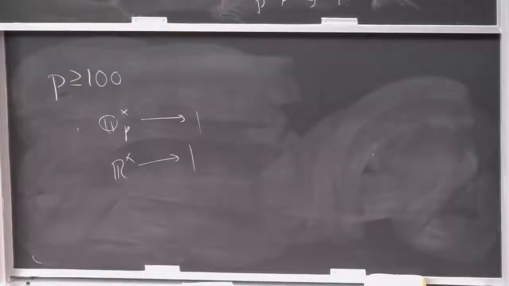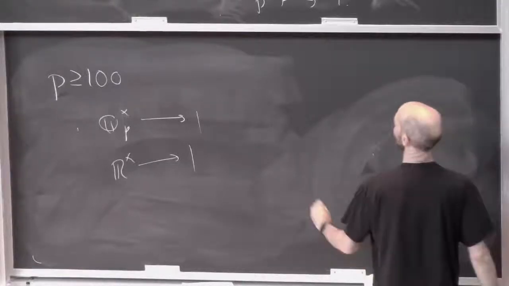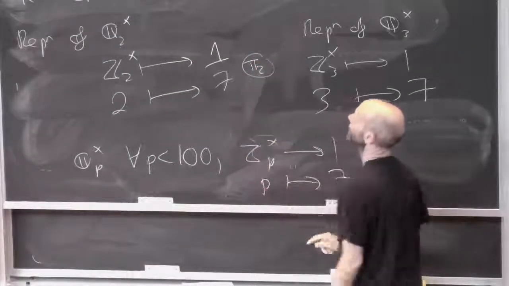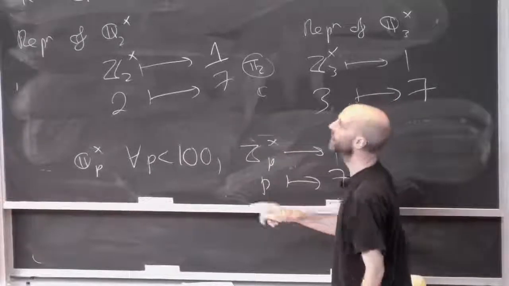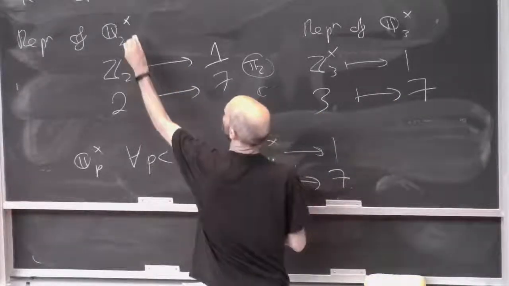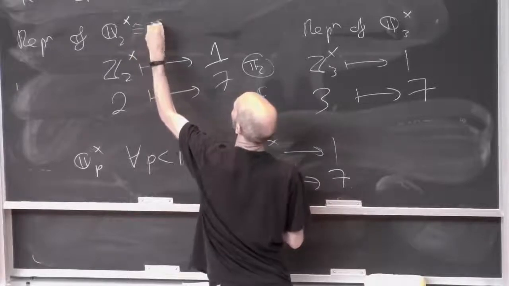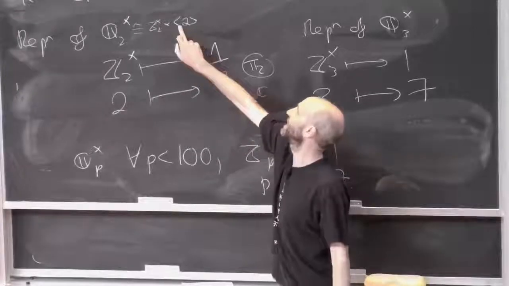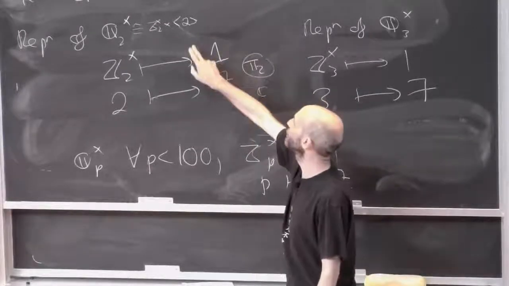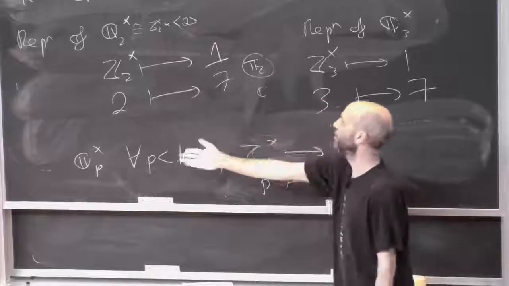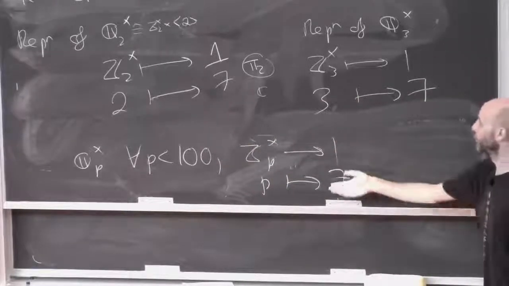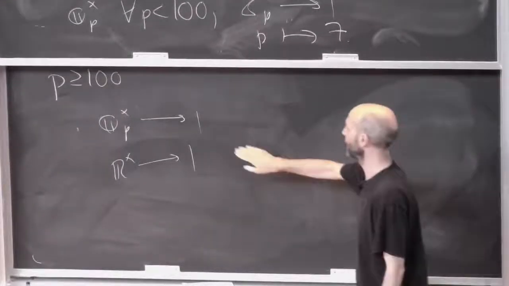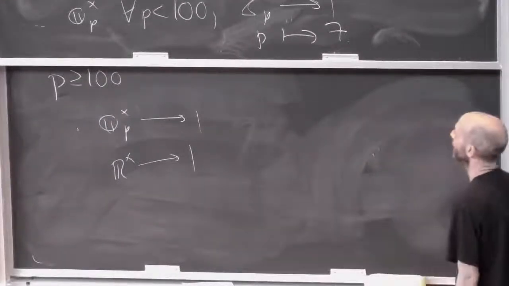It's fabulous. And indeed, lo and behold, we've got a representation. So you see, that representation of Q_2 star, we could call it pi_2, right? So it's the complex numbers, and this group is acting on it. Remember, this group is abstractly Z_2 star cross a group generated by the number 2, right? So Z_2 star is acting trivially. This free rank 1 abelian group, all I have to do is say how a generator acts. 2 will act by 7, 3 will act by 7. For all primes less than 100, p will act by 7. And then for all primes p 100 or more, p is just going to act trivially, because that was what my graduate student decided. Okay, so there we go.